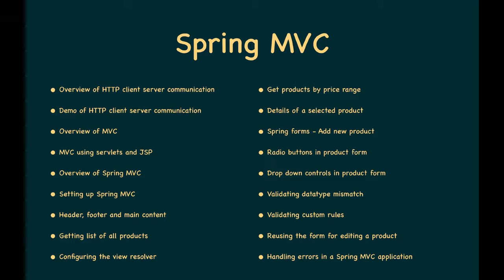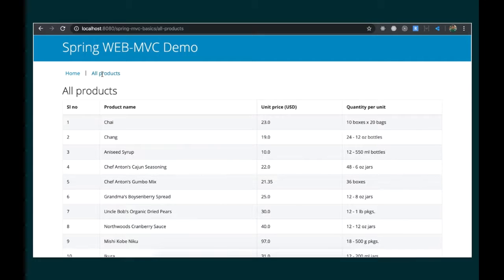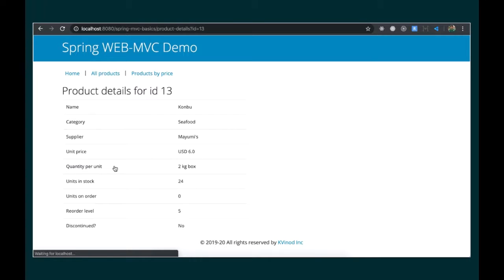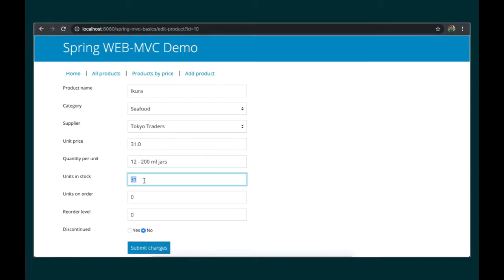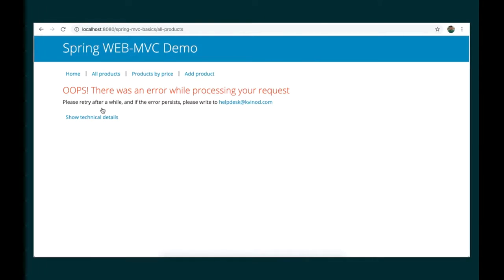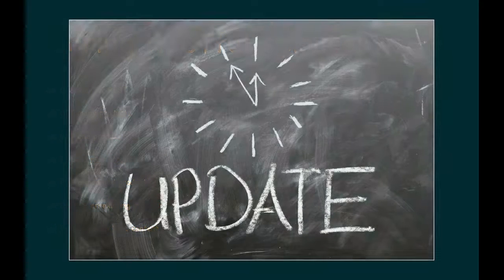In the application that we build, we will provide a common look and feel for all pages, get a list of products from the DB, search products by price range, view details of a selected product, edit product details, add a new product, validate the inputs, and handle errors and exceptions. And finally, we also have an hour-long section to make you understand what a RESTful service is and how to create one in Spring Framework. This course will be updated with more video lectures, assignments, and quiz questions based on the